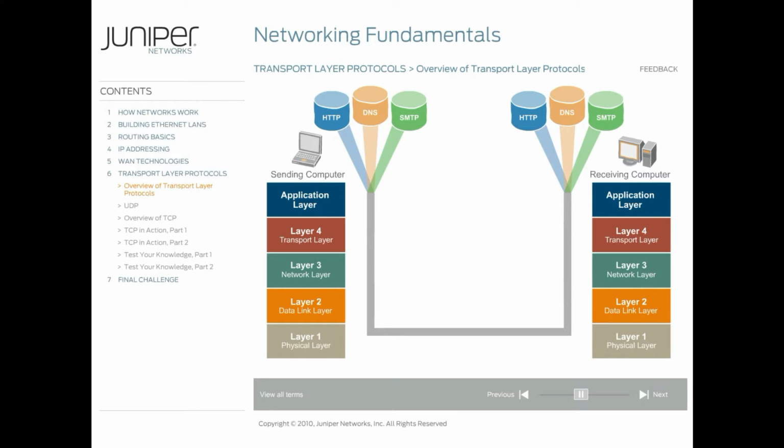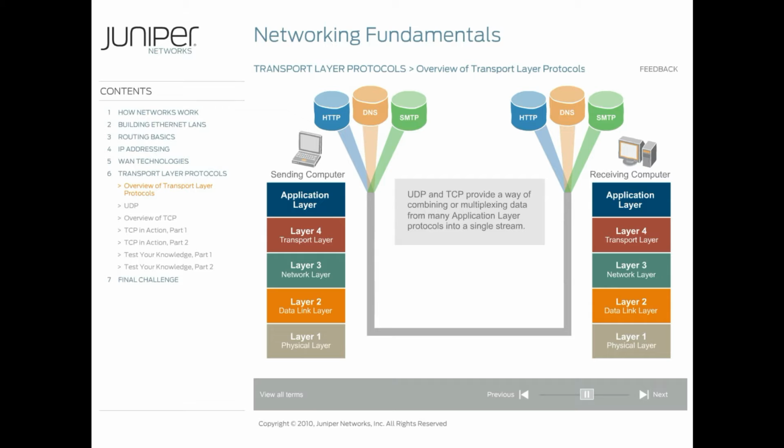Remember the concept of multiplexing from the last section on WANs? Multiplexing is where multiple sources of data, such as phones, fax, and computers, combine into a single stream over a single line. Well, the transport layer also multiplexes data. The screen shows 3 different application layer protocols on both the sending computer and the receiving computer. UDP and TCP provide a way of combining or multiplexing data from many application programs into a single stream using